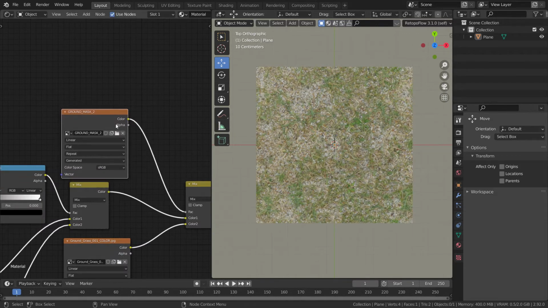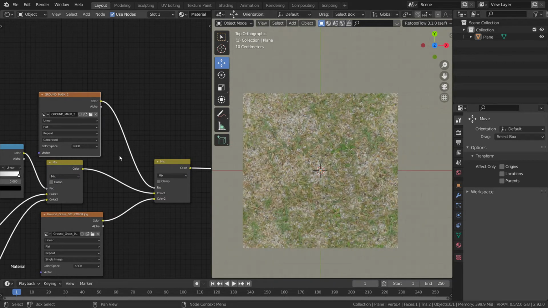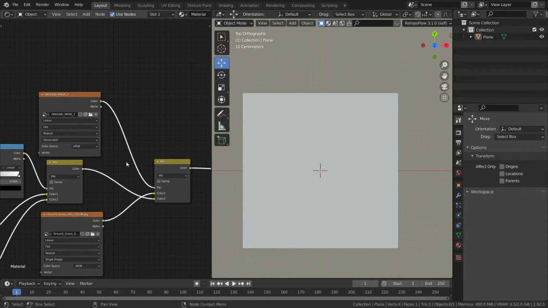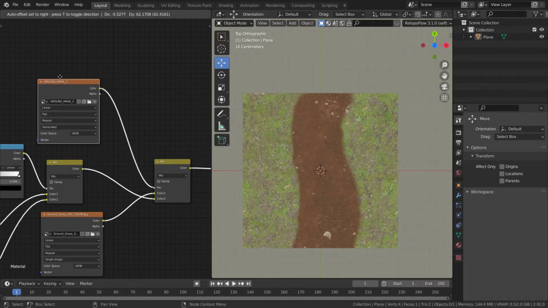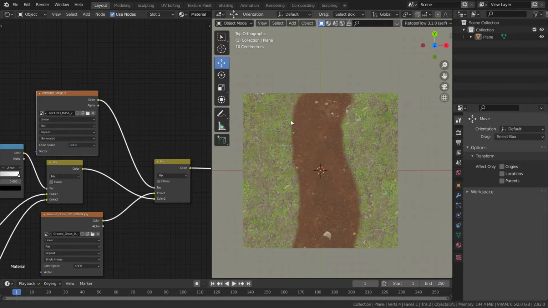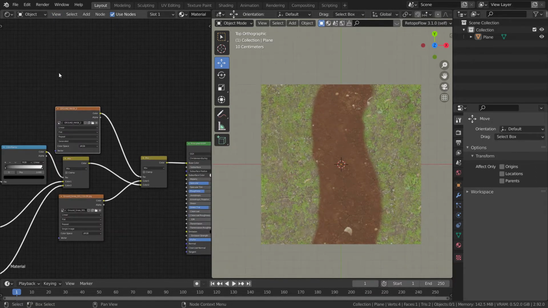So now as you can see, we have to paint it with the black value, so it will be visible for us. We can also invert it. While painting with black, we will reveal the terrain where we want that. So I think I should paint it now.